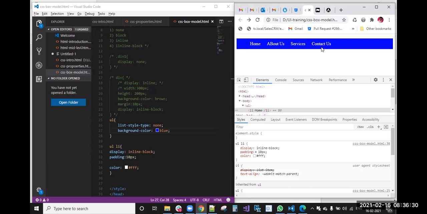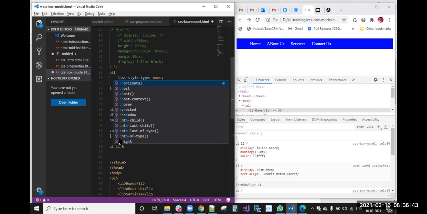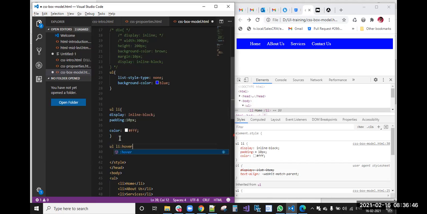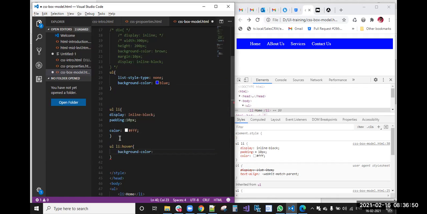We already saw the hover concept in the selectors class, so we'll apply the hover concept now. UL LI colon hover. Whenever I'm hovering, I'm changing the background color, a blue highlight.